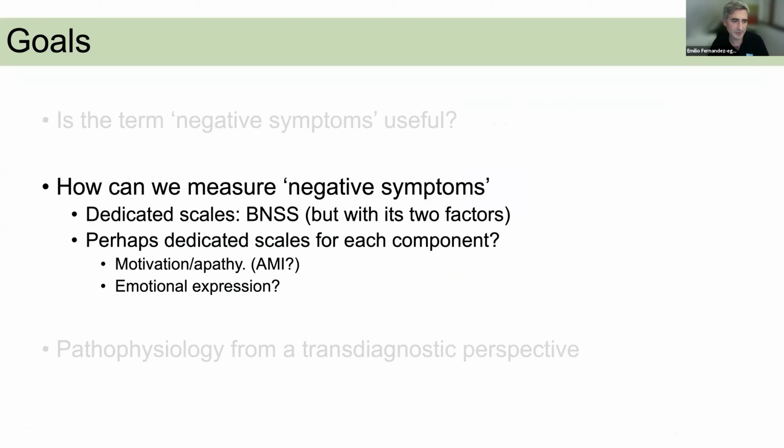So to finish this second part, please, we need to use something to measure negative symptoms. And among all the scales, perhaps the one dedicated to negative symptoms, the BNSS, will be my preferred right now. But making sure that we're using the 2 factors, the motivation or apathy scale and the emotional scale. In the future, perhaps what we should be doing is using more dedicated scales like the AMI or DCA,